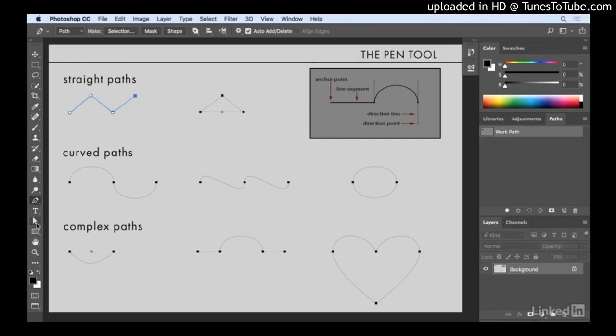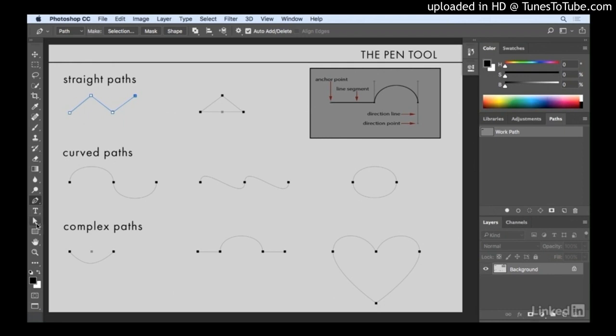All right, now if I wanted to add this second path to this first path, I could just start drawing now with the path selected in the Paths panel. But if I want to put it on its own path, then I would just click away from that path. You can see that it's hidden from view in the image area, and now I can start a new path. And sure enough, when I put down the first anchor point, you can see that I get a new work path over in my Paths panel. So we'll click again, and one more time, and you'll notice that when I position my cursor over the initial anchor point that I laid down, Photoshop changes the icon. I get the circle. That tells me that I'm going to close that path.